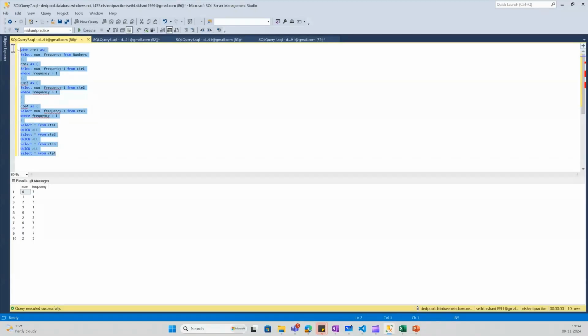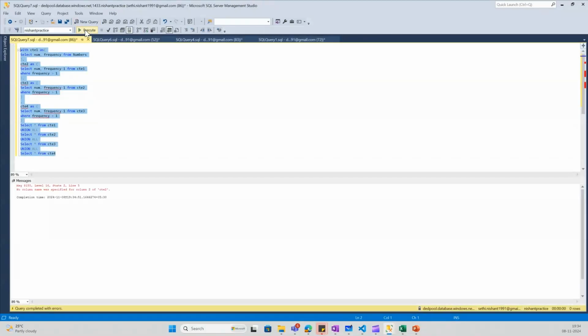Now if I run this, right? Okay, so what is the mistake that I did? Okay, yeah, I need to alias this, say as frequency only, right? I will just copy this entire thing and put it over here and here as well, right? Now if I run this,